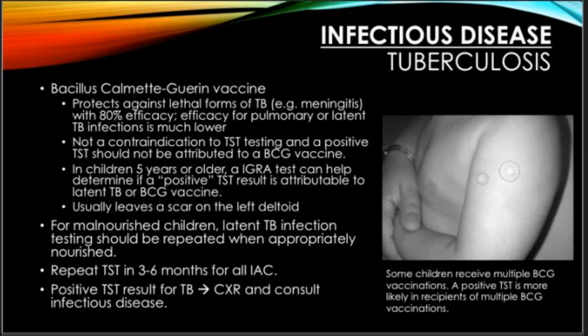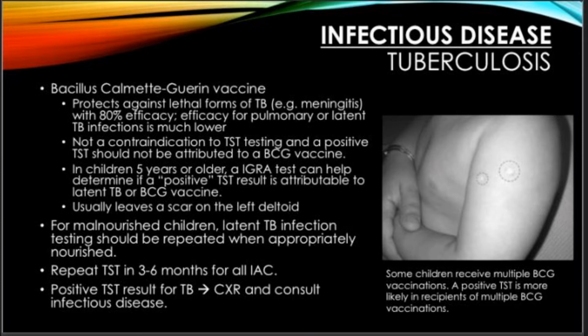In children 5 years or older, the IGRA test can help determine if a positive tuberculin skin test is attributable to latent TB versus the BCG vaccine. Children with a positive TST or IGRA that don't have any evidence of active disease most likely have a latent infection. This is when you would start calling your infectious disease people to most likely treat for latent